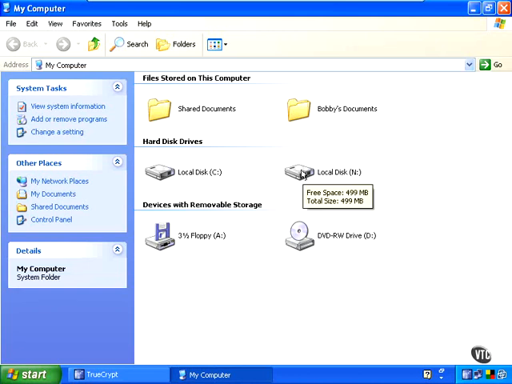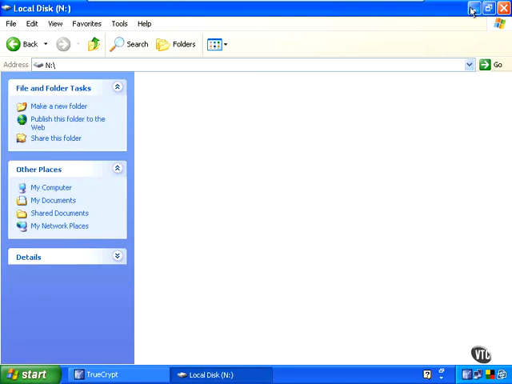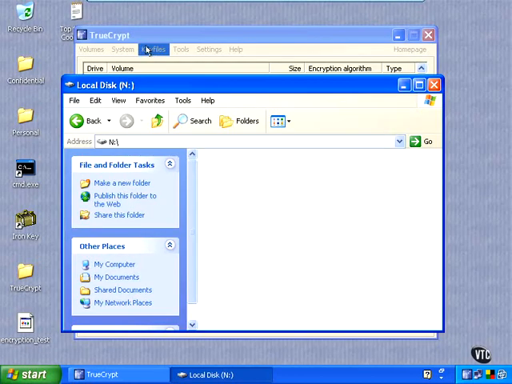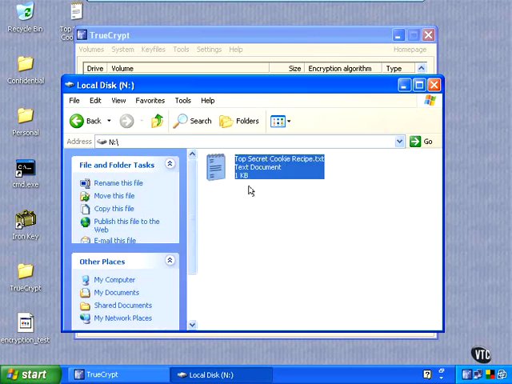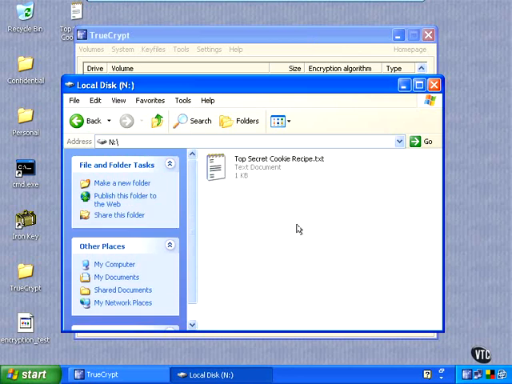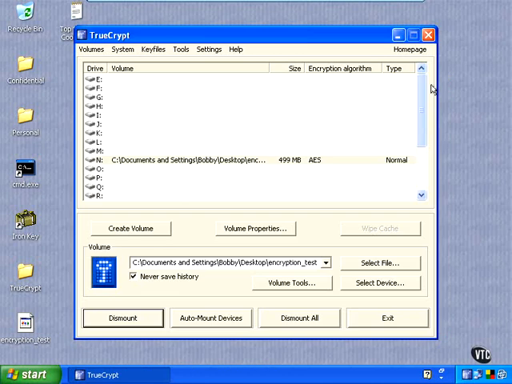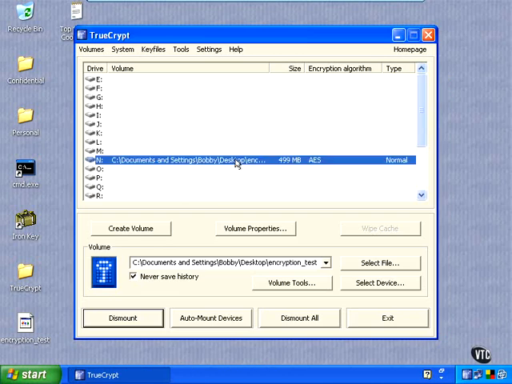Now we can move files to this all day long. Matter of fact, let's go ahead and move Grandma's top secret cookie recipe into there. And it's encrypted. Now notice that unlike Windows EFS, we don't get a different color or anything like that for the file. We just know that it is because it's an encrypted TrueCrypt volume. Now we can close this, and when we want to end our use of this volume for right now, we can dismount it,